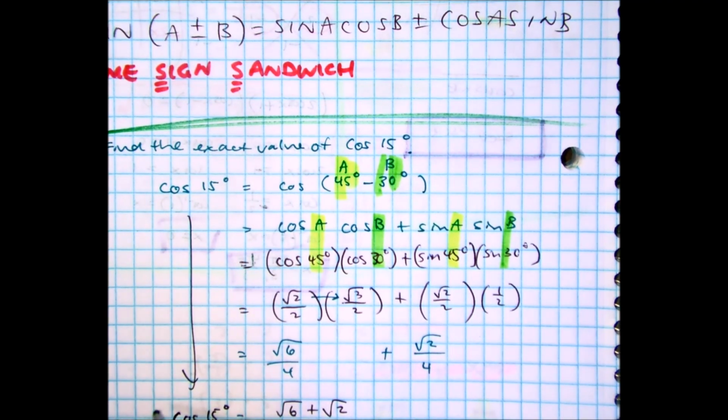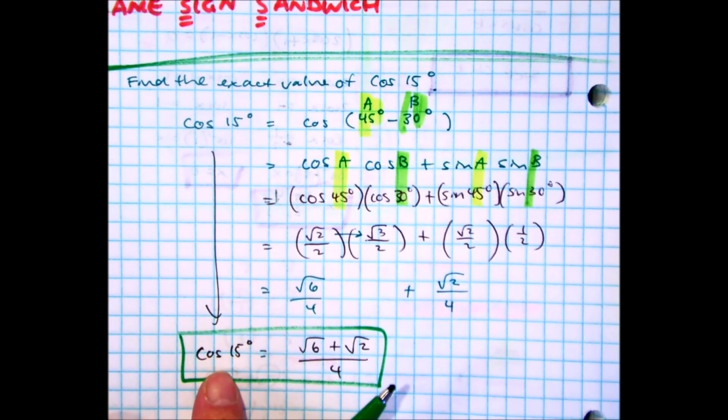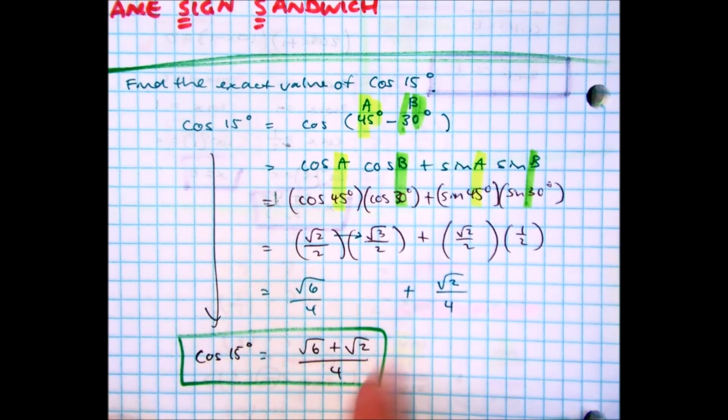Now if you actually punch into your calculator cosine of 15, it would be equal to, if you actually evaluated that,